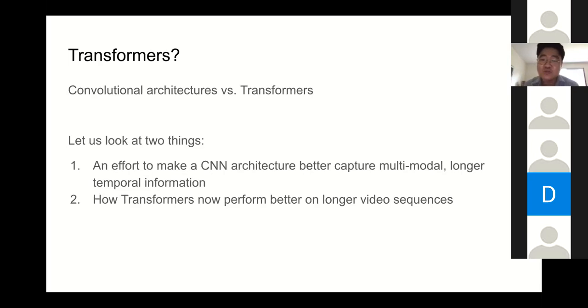And you can view this as the last of the previous generation. Still uses CNN architecture, but we want to hack the CNN architecture at its best so that we are able to capture as much information as possible. And then we'll also have an opportunity to look at how transformers now perform better on longer video sequences. So these 2 are the main focuses of my talk today.